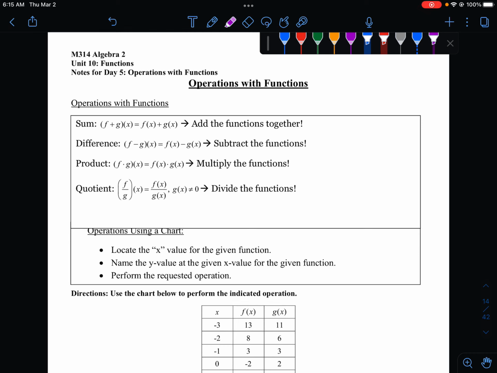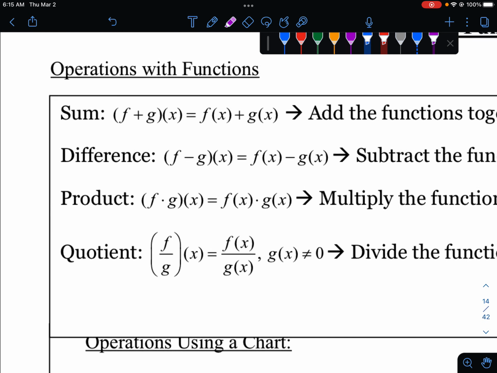These are the notes for Unit 10, Day 5. We're going to do some operations with functions, and we're just going to have to get used to some of